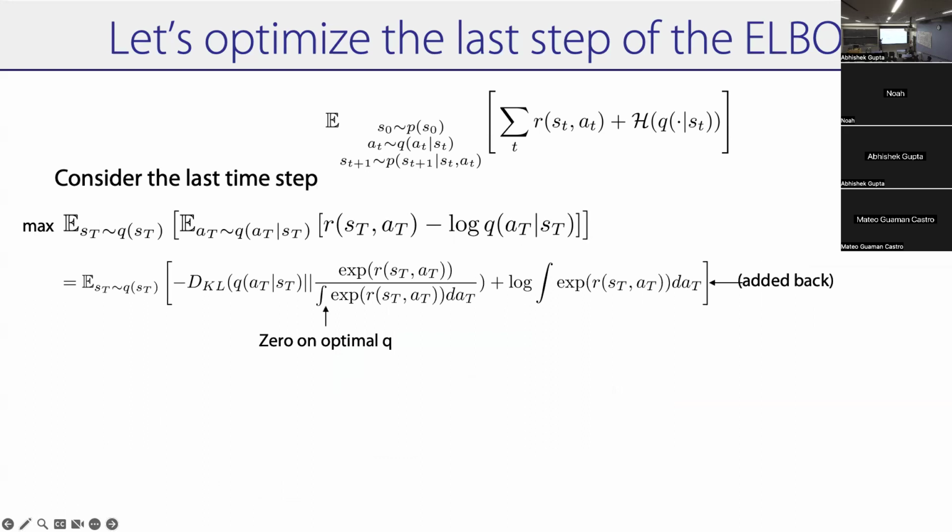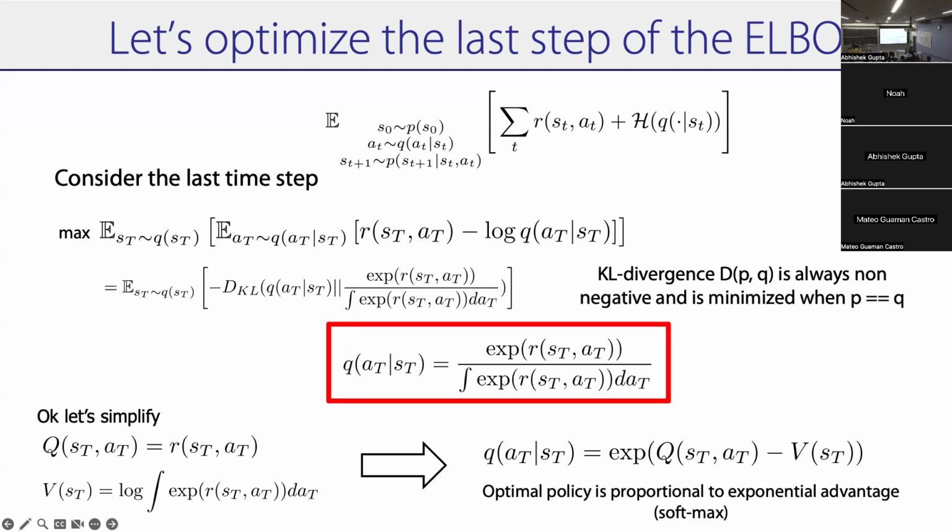So if you remember, we added and subtracted this thing, and I dropped that extra term just for convenience. You have to add it back because it's not 0. And so the expression here is going to be the KL divergence between Q and softmax over R plus log integral x bar. Because that's the term we added and subtracted. Now, we know that at the last time step, if you're acting optimally, that KL divergence is 0, right? We derived the KL divergence to be 0. And if you remember our definition of V, it's literally log integral x. That's literally what V is, right?